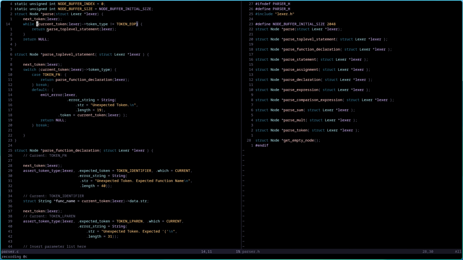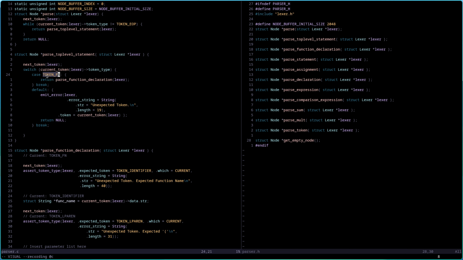So you want to pull the first token into your peek, and then you can start parsing. Otherwise, it's filled with 0 or nothing in both current token and peek token. So you have to start parsing or lexing, I guess, maybe tokenizing. And you can see I have a very shallow implementation of the top level statements, and that's just to get started, I guess. And I don't even know what else is top level stuff.